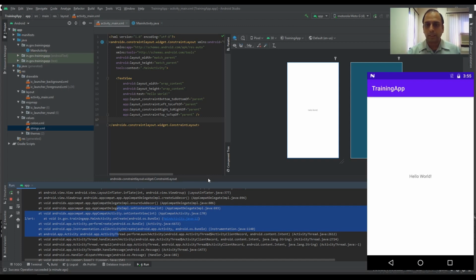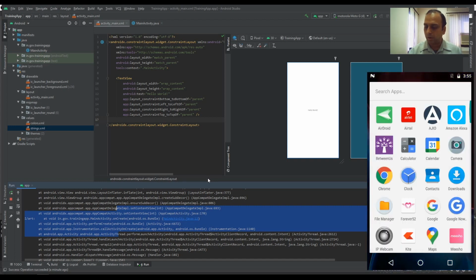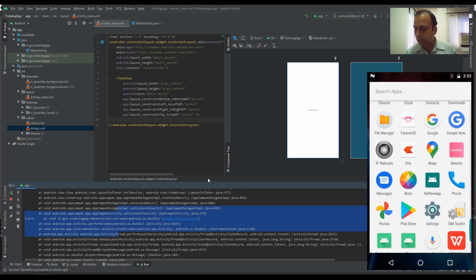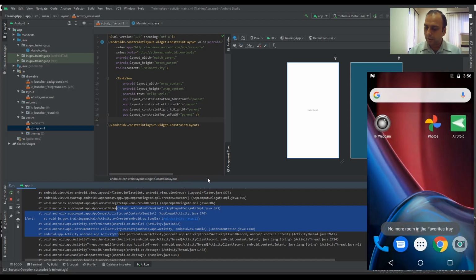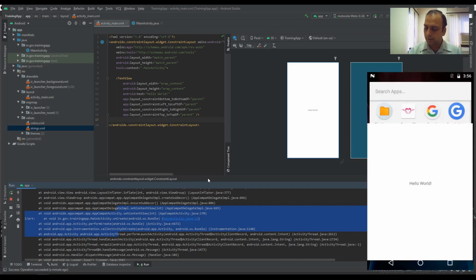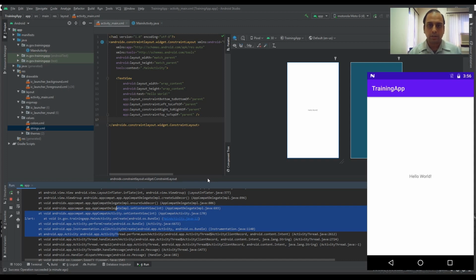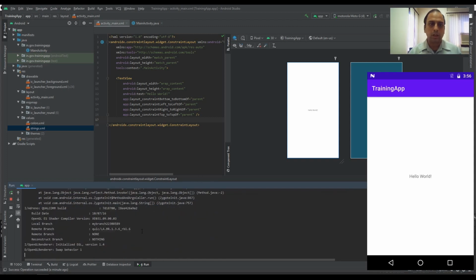Okay, so can you see here on my device, on the top there is a title bar which is called training app, and in the center we have a hello world written text, that is a text view. And if you see your home screen in the app drawer, the app must have come here. On the bottom left corner, can you see, this is the training app. So this is how you configure a device, and this is how you install the first app.